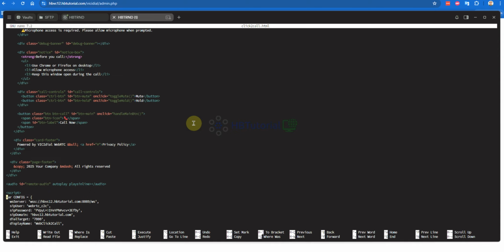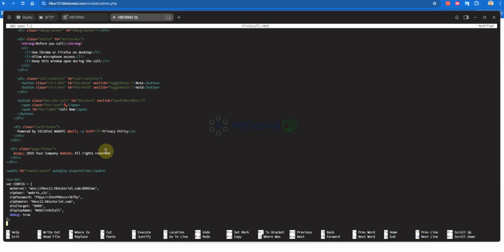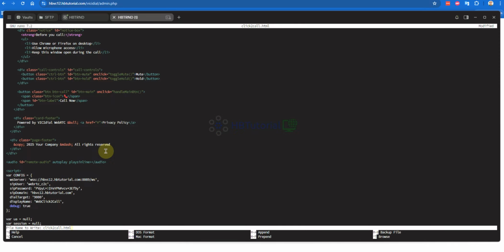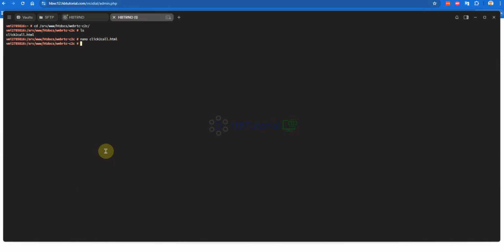Okay. So you just update, you need to update this one. Just 9000. So be sure the password is secured. Okay. So this is the configuration that we added. Then Control O to save and exit.